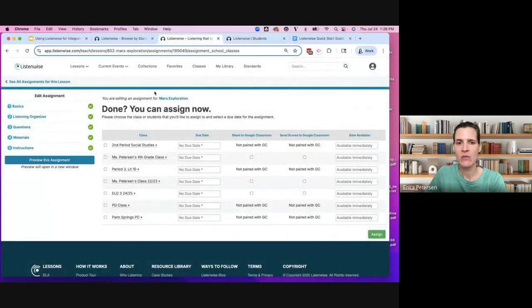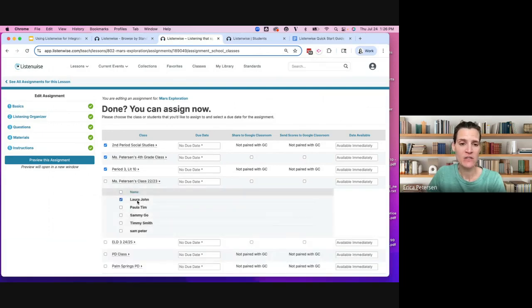You can come back to your assigning page and assign it to multiple classes at once, or maybe to individual students in a class. Just click the class name. So maybe this is going to your English learners. You check them off, due dates, etc., etc. Google Classroom integrations. So this is how you post the assignment link to students in Google. And we now have a scoring option for written assignments. So you would manually score it, but you can have it automatically sent to your Google Gradebook with that checkbox.